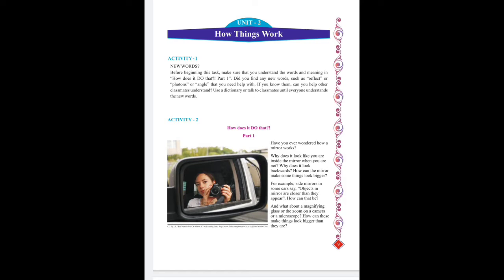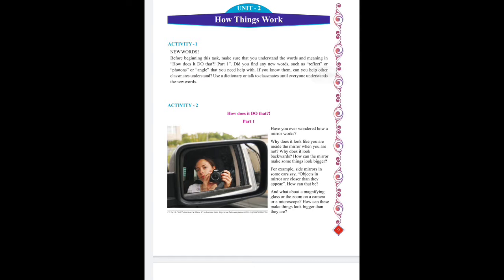So after reading that activity, you will get 3 new words. The first one is reflect, the second one is photon, and the third one is angle. We should get the exact meaning of it so that it is clear to us what the exact meaning of reflect, photon, or angle is. So let me give a clear idea of the words. Reflect means to bounce back towards us after hitting a surface. Photon means the particle present in the beam of light, and angle means the magnitude between two rays.